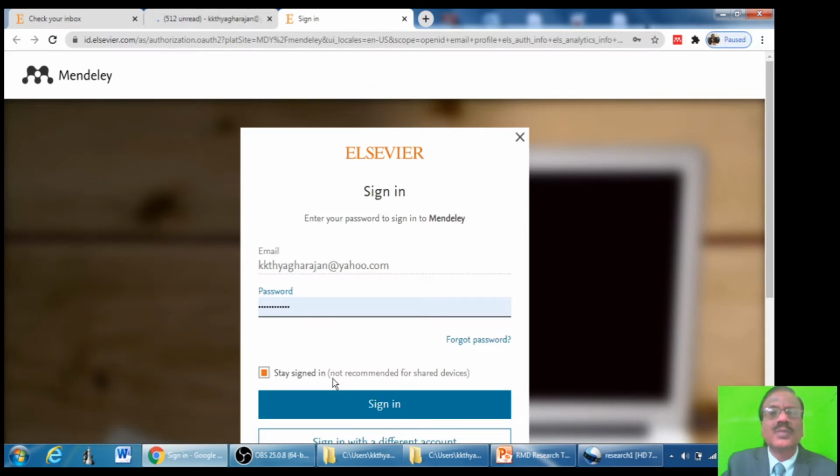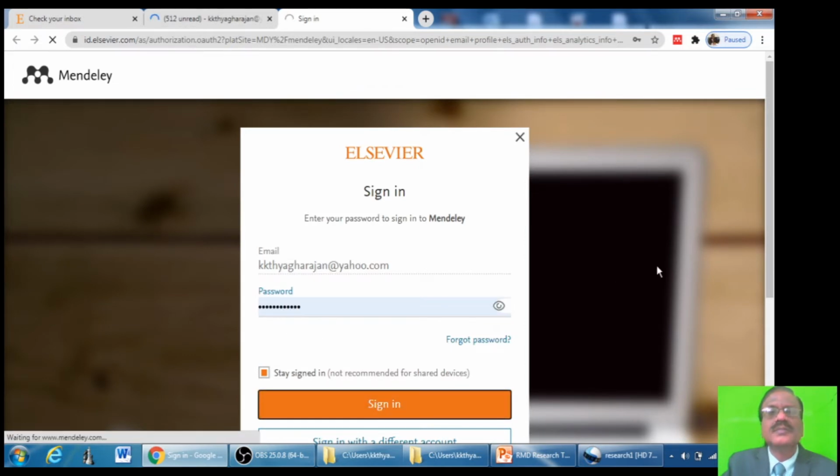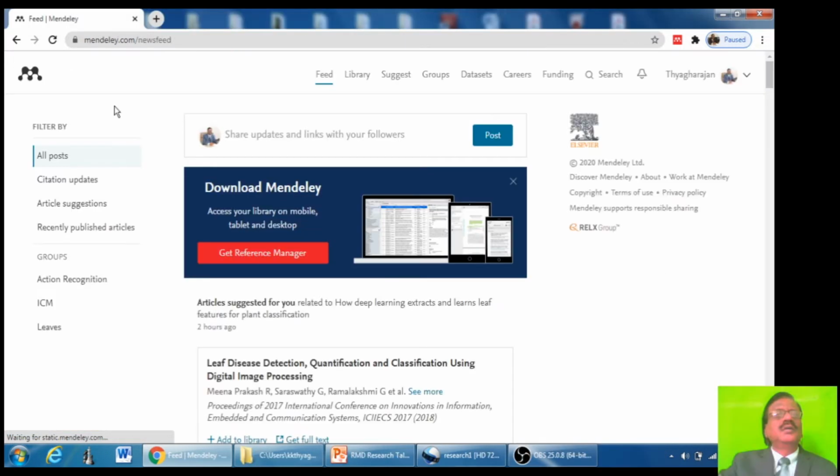So now enter password. This is the first page in Mendeley.